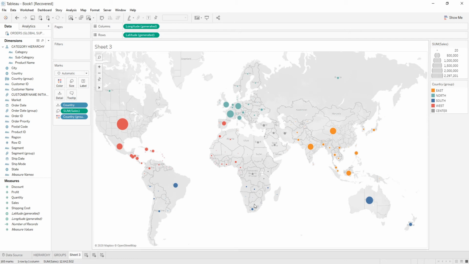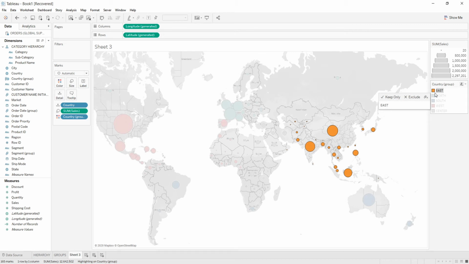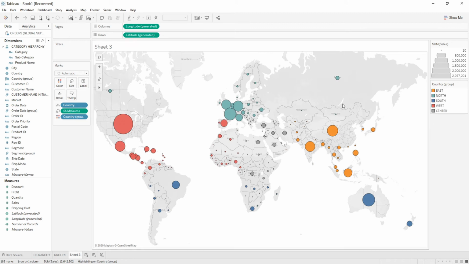Further, for better analysis of this view, we can increase the size of these marks. We can go to the color tab and decrease the opacity of the colors, and we can give the border as black. And now we can analyze that the ones shown in orange color are the eastern countries, the ones shown with this blue color are the northern countries, some of them are the southern countries, and we have the west countries and the rest of the center countries. So we would get this type of view which is grouped using visual groups in Tableau.